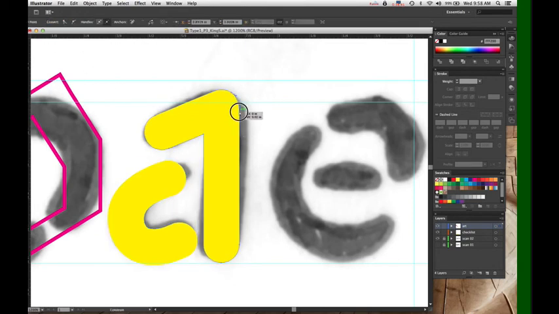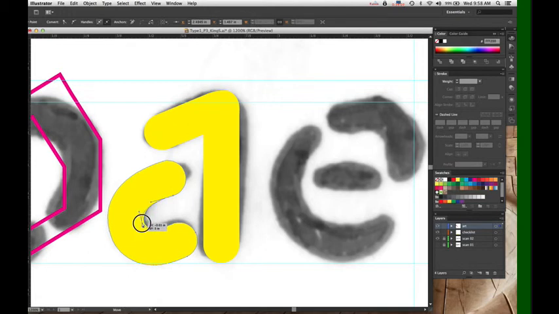I can adjust this curve to be a bit broader. For example, I can play with the inside of the curve here, make that a little bit more pleasing to me.